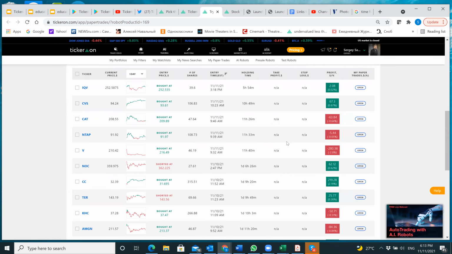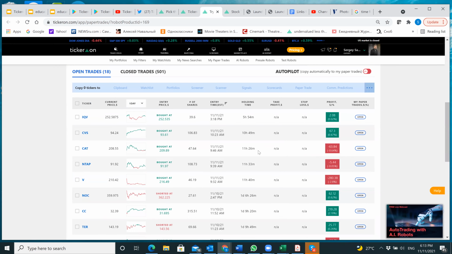And then what you have here is exactly the profits and the losses and everything you hear, and then by clicking at open, you're going to be able to copy this trade exactly as it is at the moment you click to your paper trades, okay? So the paper trade becoming like your brokerage account where you can collect these trades from their different robots,